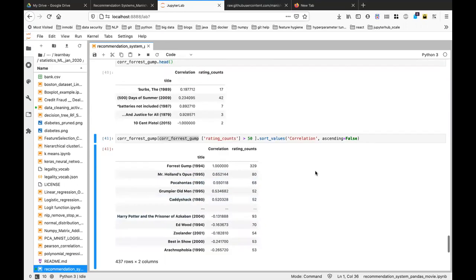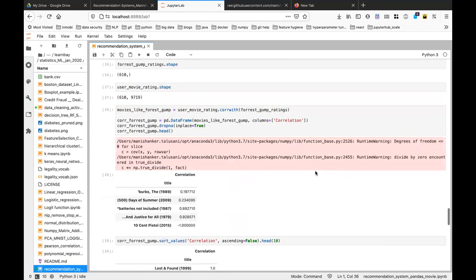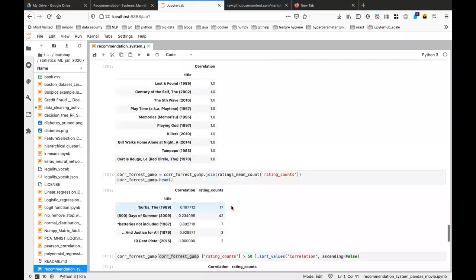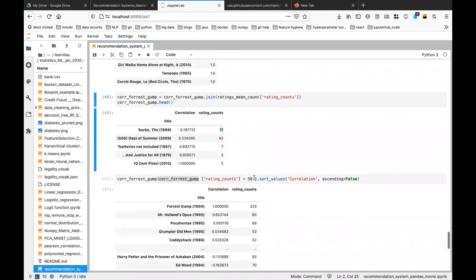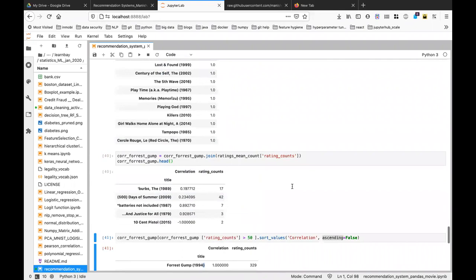So this is how I'm doing it. Basically, I calculate all these user ratings, then find the total number of ratings and the average rating. Here I'm finding the correlation, the ratings, and the total number of ratings, and instead of taking all of them, I keep those with more than 50 ratings and sort them by correlation in descending order. So these are the movies that I'm going to recommend if you watch Forrest Gump. What happens is, as soon as you watch a movie, this matrix is fixed, okay?